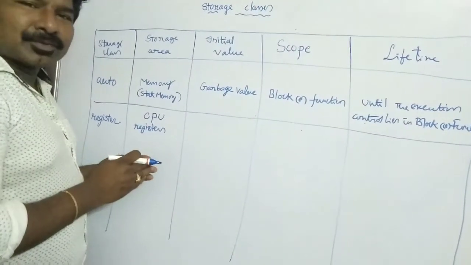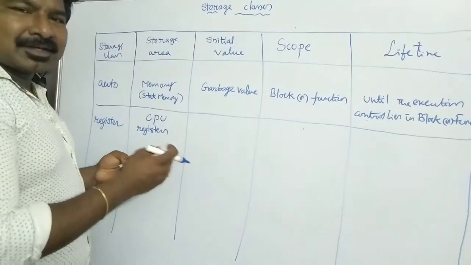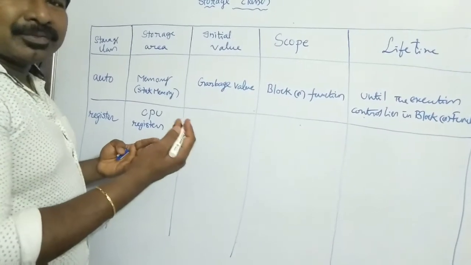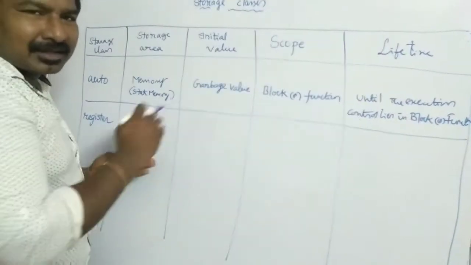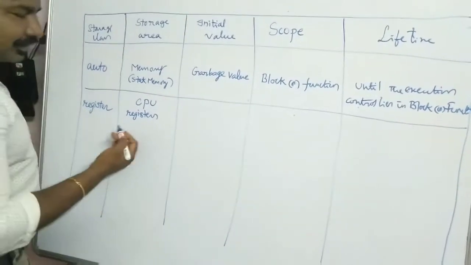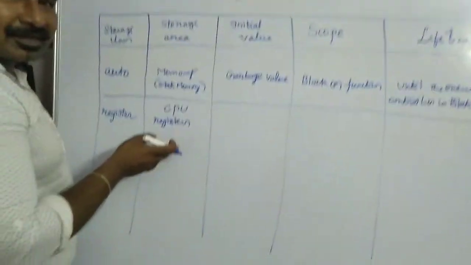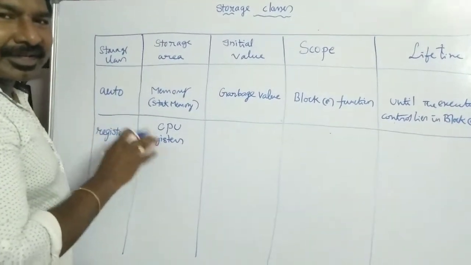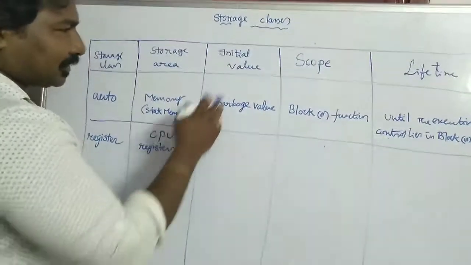It's better to store variables in registers than in memory, because the CPU can easily access the values from the CPU registers, which are available within the CPU only. There is no need to go all the way to memory to get the values, so the time complexity gets reduced. So it's better you declare those variables as register storage class. Which kind of variables are declared as register type? Loop variables, because they are frequently accessed a number of times.